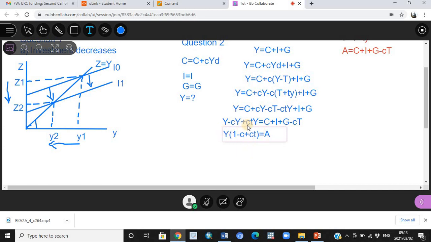But our major interest is to get rid of these and remain with only Y. So we can rearrange these and say